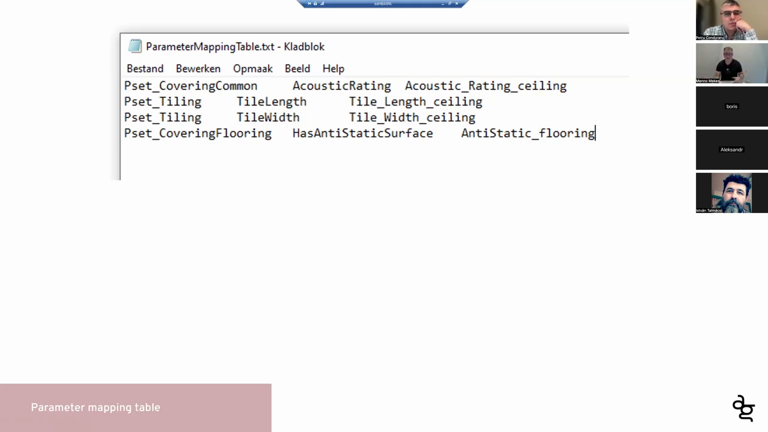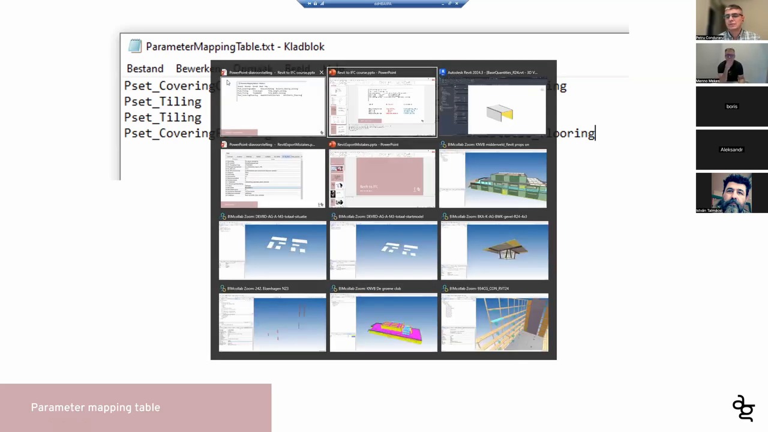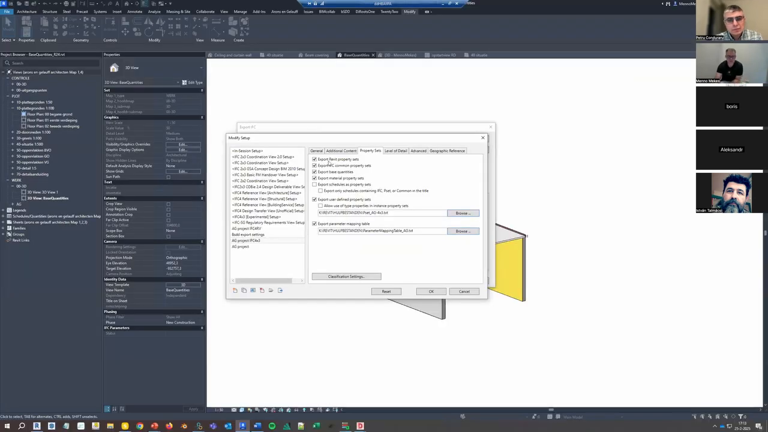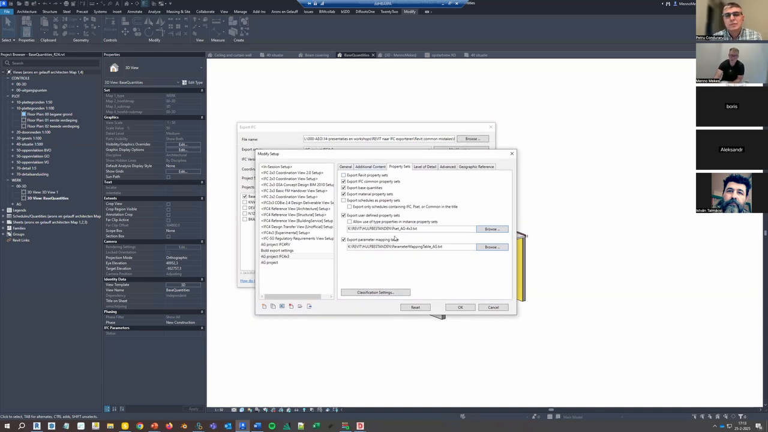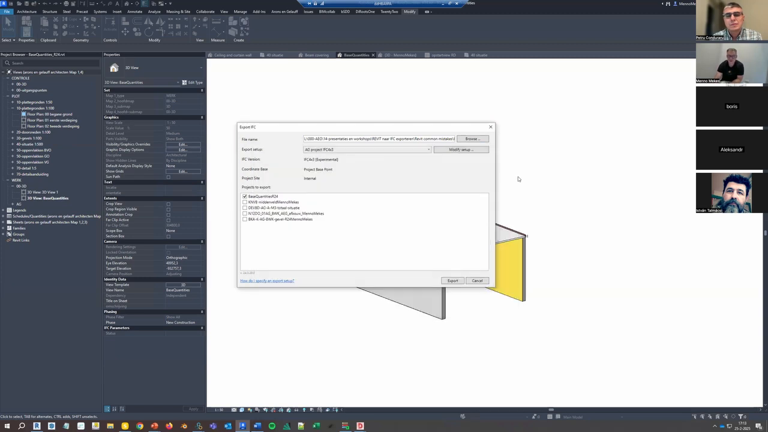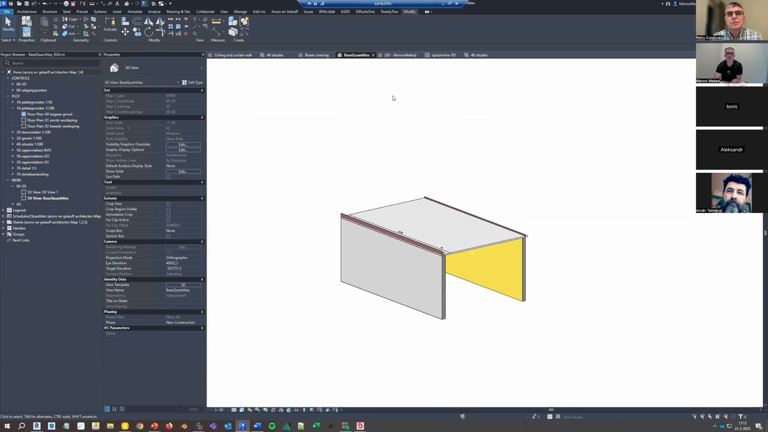So that's a mapping, and the other one is actually an export table, and it sounds similar. You can think they're the same, but they're actually totally different. So that's something that gets mixed up as well. What you also saw here, if you paid attention, is this button here, Export Revit property sets. And this is my last export before I went in here. And this one should always be off, because in this case, in the project that I was